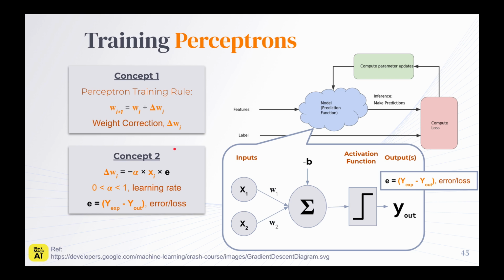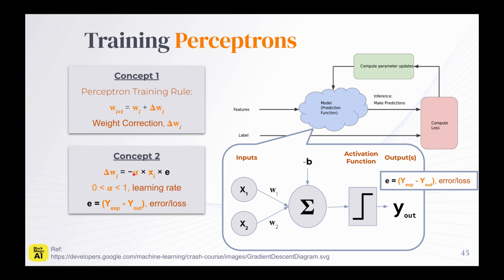So that brings us to concept 2. Our weight correction, as we mentioned, is proportional to the error. So if we have a very large error, it makes sense that we should make a bigger weight correction. And also it's dependent on the input, x sub I. So again, the magnitude or size of the input and its sign also determines how much of a weight adjustment